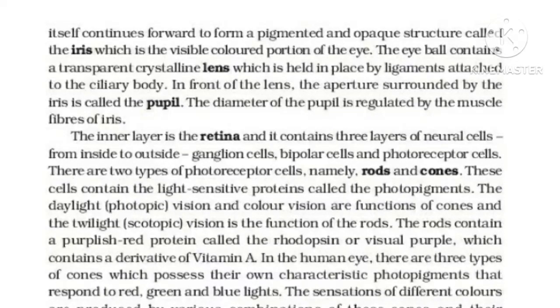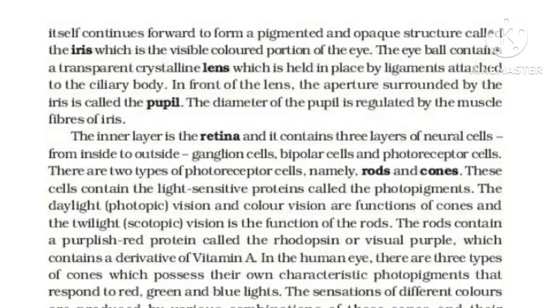The inner layer is the retina and it contains three layers of cells from inside to outside: ganglion cells, bipolar cells, and photoreceptor cells. There are two types of photoreceptor cells, namely rods and cones. These cells contain the light sensitive proteins called photopigments. Daylight, photopic vision and color vision are the function of cones, and twilight, scotopic vision is the function of the rods. The rods contain a purplish red protein called rhodopsin or visual purple, which contains a derivative